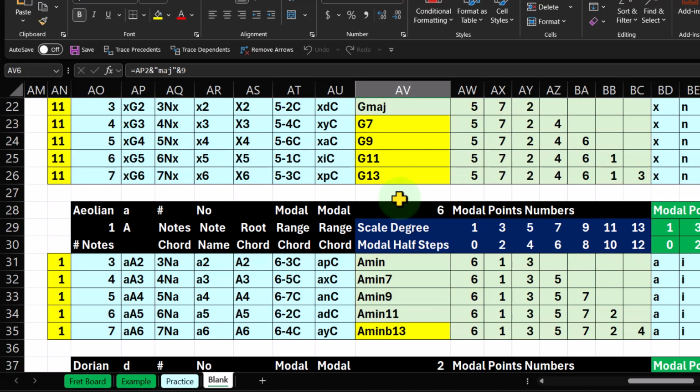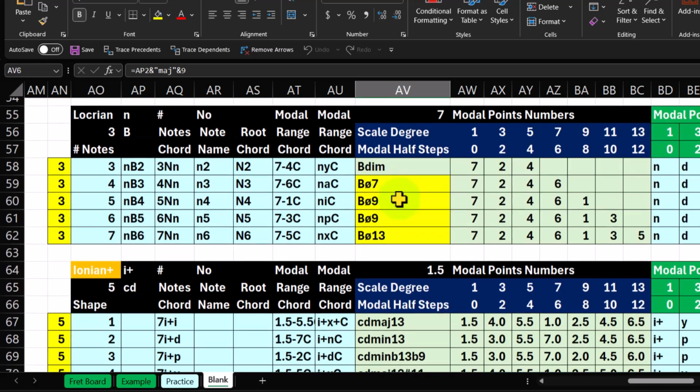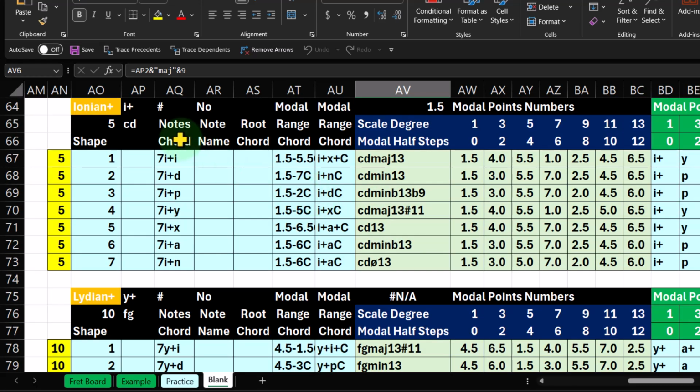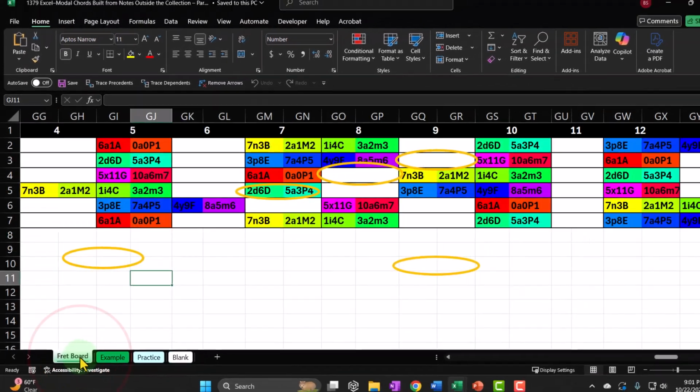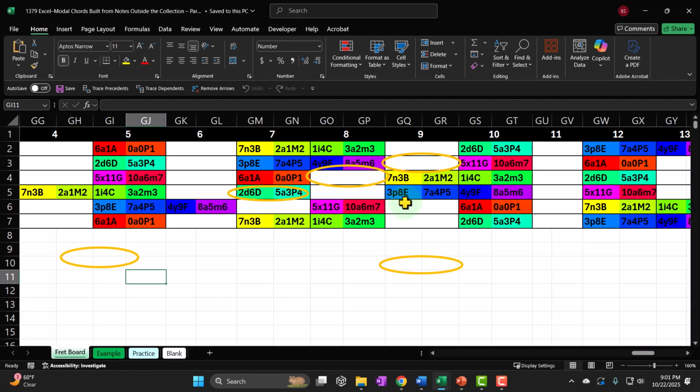So we map these out for these 7-note collections, and now we're working on the ones in the ocean. Meaning, if I'm naming the node by the 7 notes in the collection, how do I name the 5 points that are in the ocean if I'm building a chord off of those points? So we looked at it for the Ionian and the Lydian. So if I go back to the fretboard tab just to reiterate the problem,